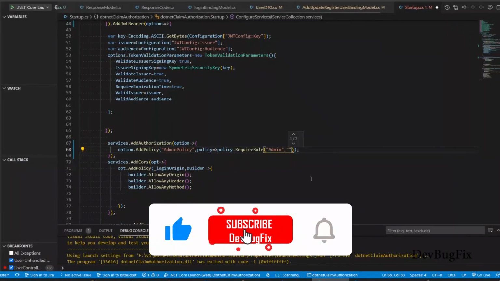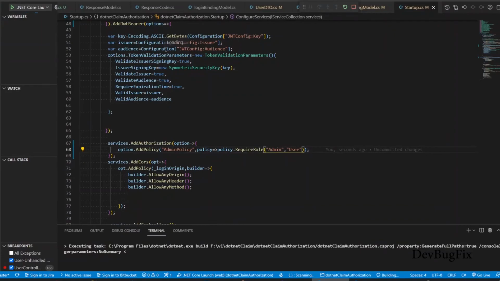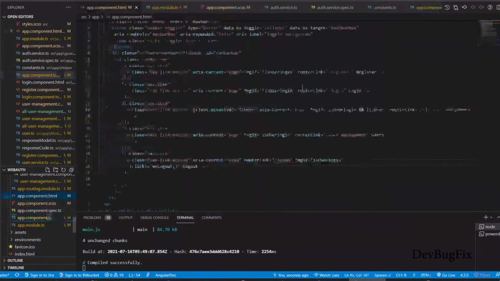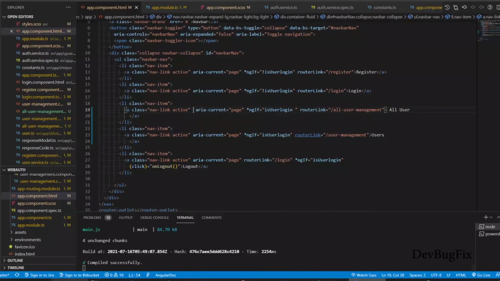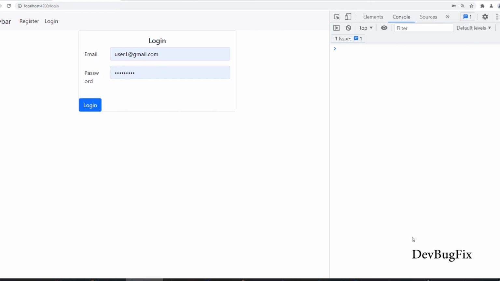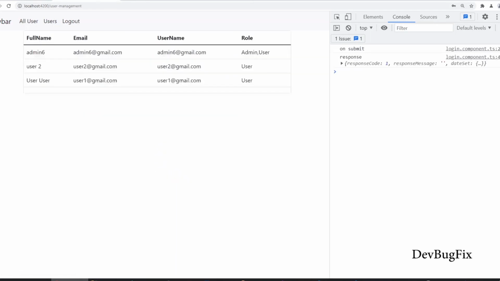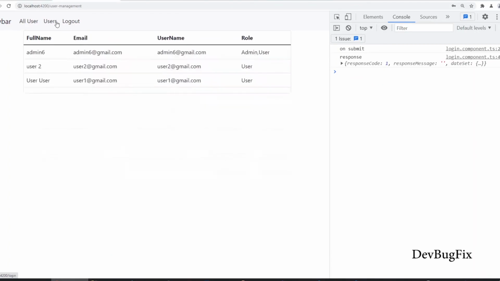We can add multiple roles in a policy, like user with admin or user role can access this policy. This time we will test with a user that has role type user, so I will remove this condition that hides the get all user link. I also remove this class that disables the link. So this time we will log in with a user that has role type user. I only did this for demonstration purposes. So user can access all user link and user link. You can see I can access user and all user, so no unauthorized error. So this is working fine.